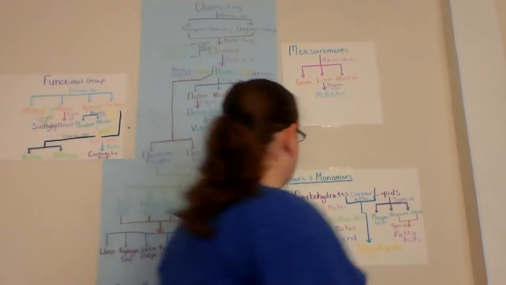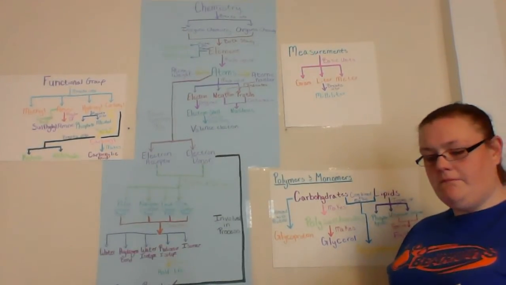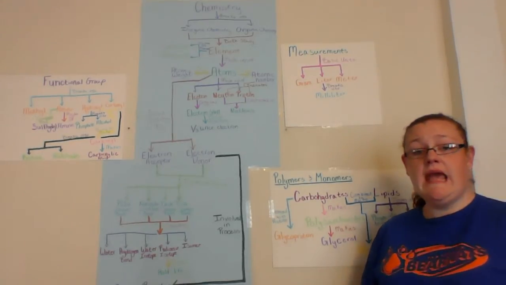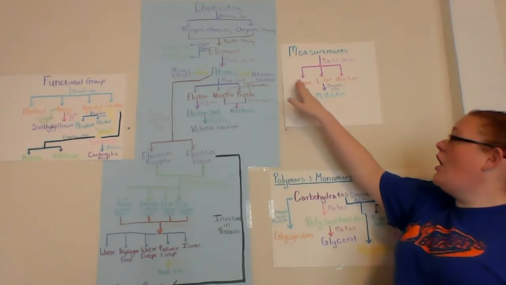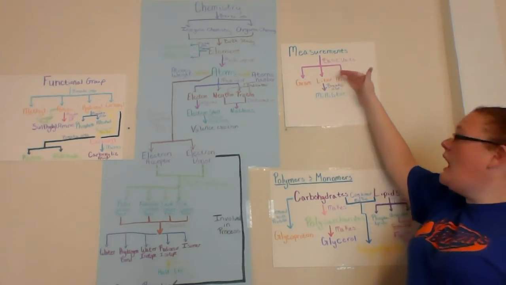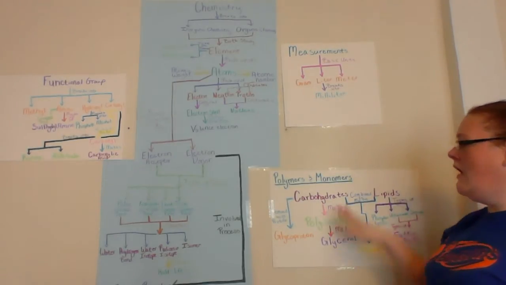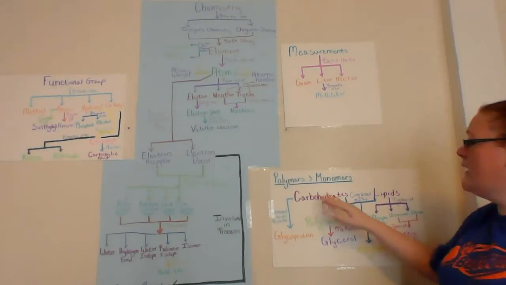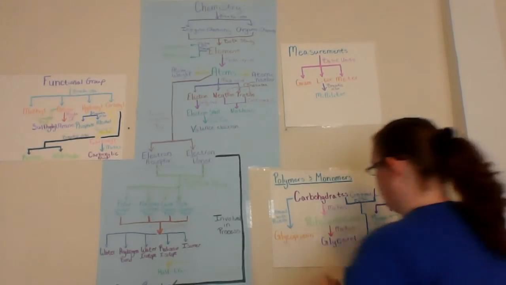In all sciences, we have several basic units of measurement. And the three basic that we're going to work with are our grams, liters, and meters. Liters will break into milliliters. On our polymers and monomers, we have two basic forms. We have, let me go on this side so you can see,